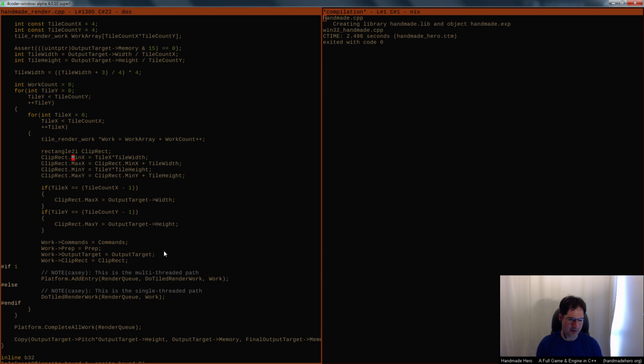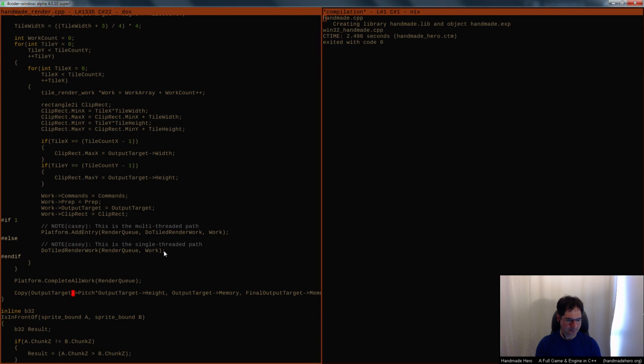Now, this is not the kind of clip rect I'm actually talking about here. This is the clip rect, obviously, for the tile. I'm talking about the other clip rects that are specified in the actual stream. So all we really need to add to the render system, other than some kind of an index in the clip rect that says which render target to render to, is we need some way of saying how the final composite stage works, right? That's what we need, something along those lines.